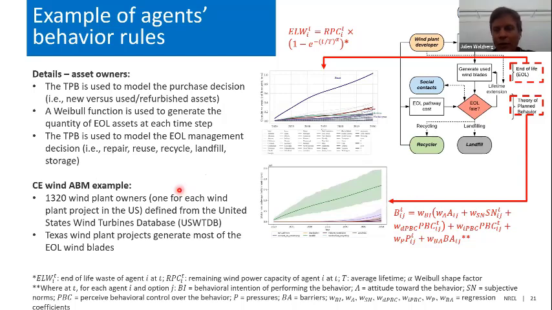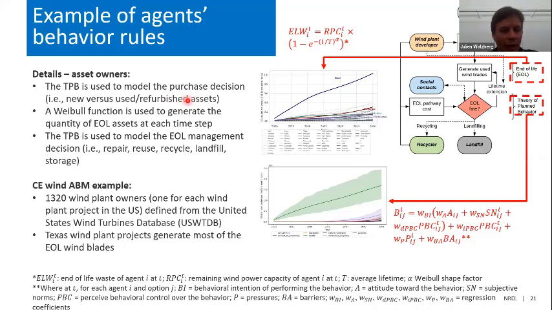So just to give an example of the type of different behavioral rules for our agents, we're looking here at the asset owner. So the asset owner is basically making two different types of decisions. The first one being to purchase a new versus a used or refurbished asset. So doing that, we can look at CE strategies such as reuse